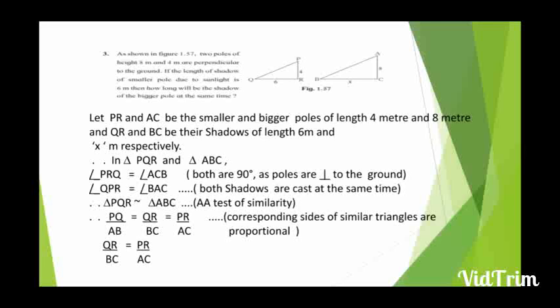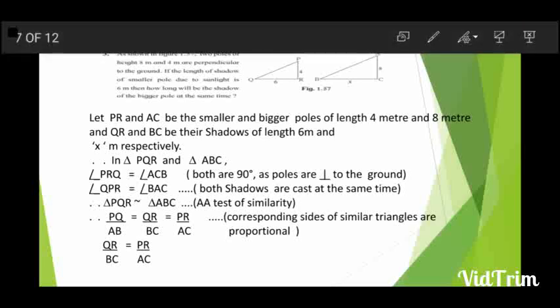See here what they have given. There are two poles. So I have considered PR and AC as the poles. PR is the smaller pole and AC is the bigger pole. And they have told us they are perpendicular. Already it is written: the two poles of height 8 and 4 meter are perpendicular to the ground,